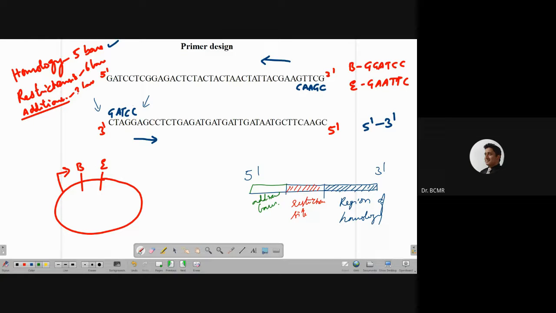So when I'm writing the primer, I have to take the restriction site in such a way that it comes to the other side of it. I will write it in blue. And when you're writing the restriction site, it should be read 5' to 3'. And also I gave you a constraint that it should be BamHI and EcoRI. One of the downstream, the order downstream of the promoter should be BamHI followed by EcoRI. So that means you want your gene of interest to be that way. So we have to write the restriction site